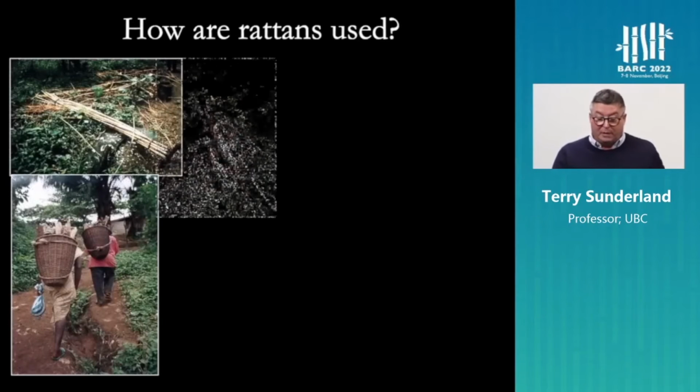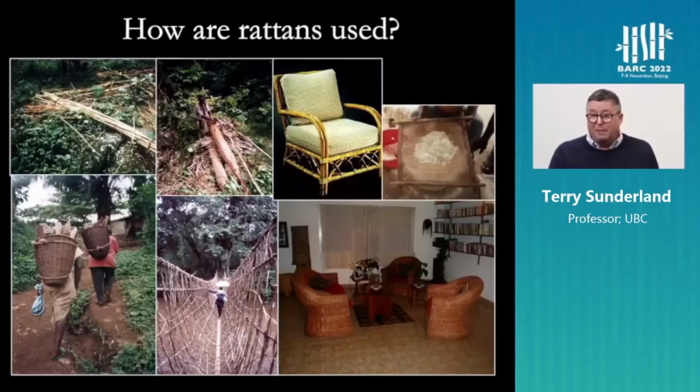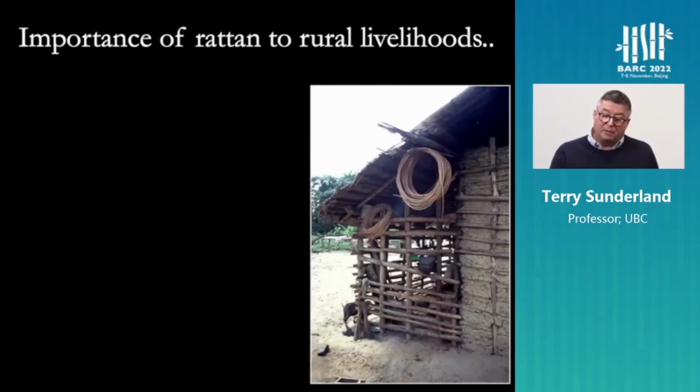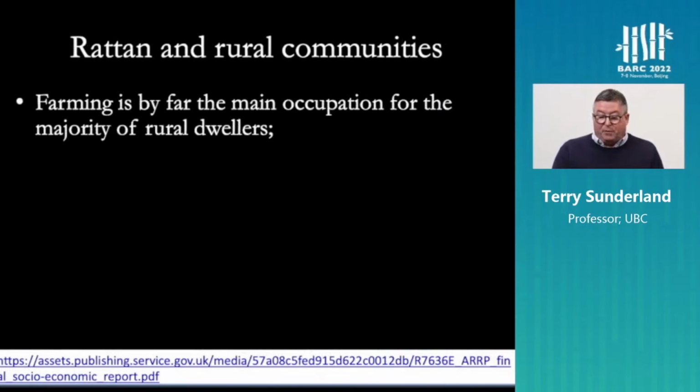So rattans are used in a multiplicity of ways: baskets, fish traps, bridges, cassava sifters, and furniture, very much parallel and in common with the types of uses that you'd find in Southeast Asia. But rattan is extremely important to rural livelihoods, and we did a project that was funded by the former Department for International Development of the UK, looking at three areas in Ghana, Nigeria, and Cameroon, comparing on-road, off-road, and remote